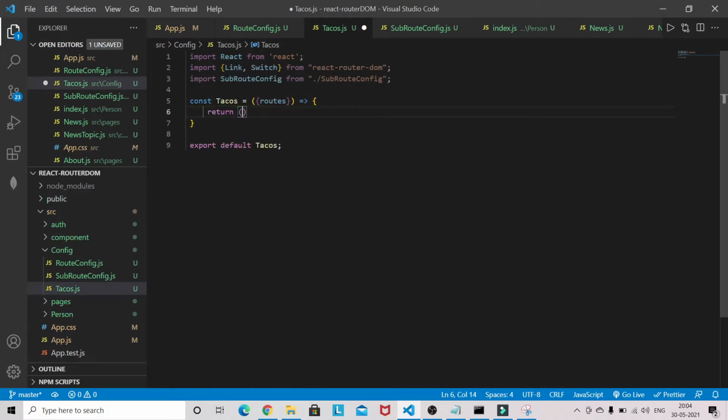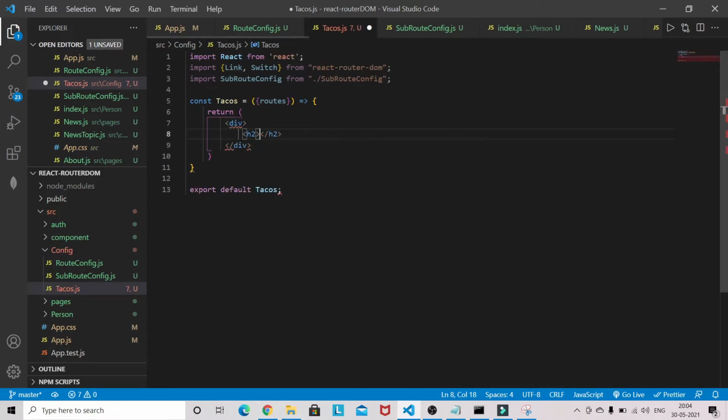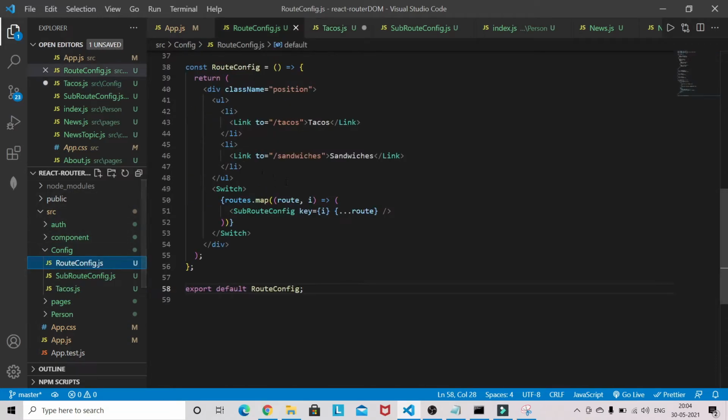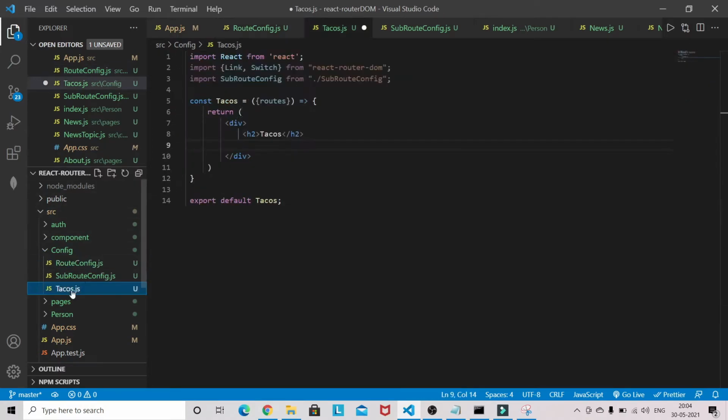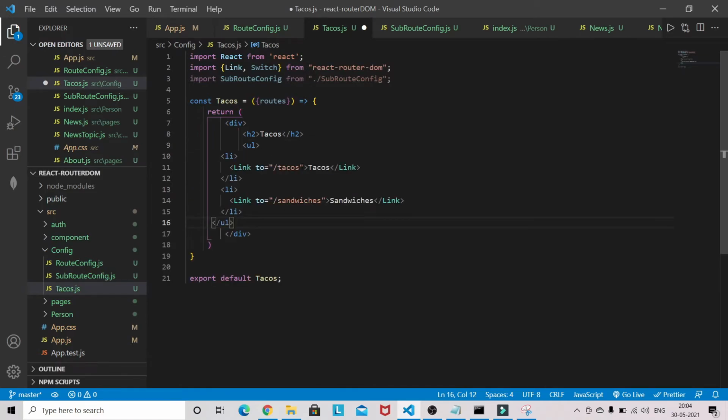Again, we can return a div, h2 tacos, and inside taco we have our route. So I will just copy this one, and some little change is required.